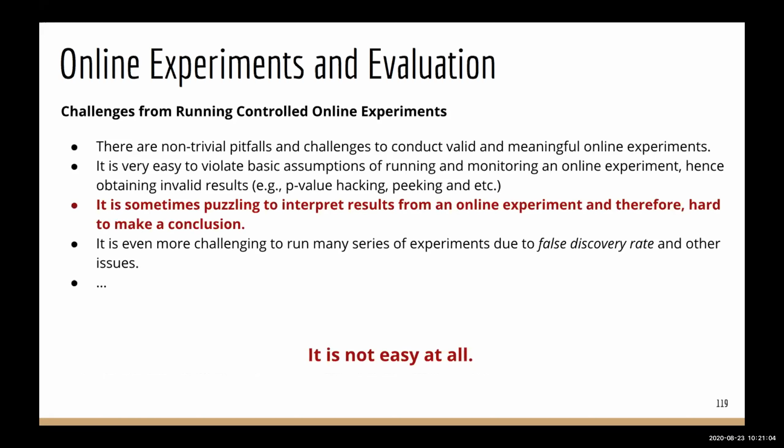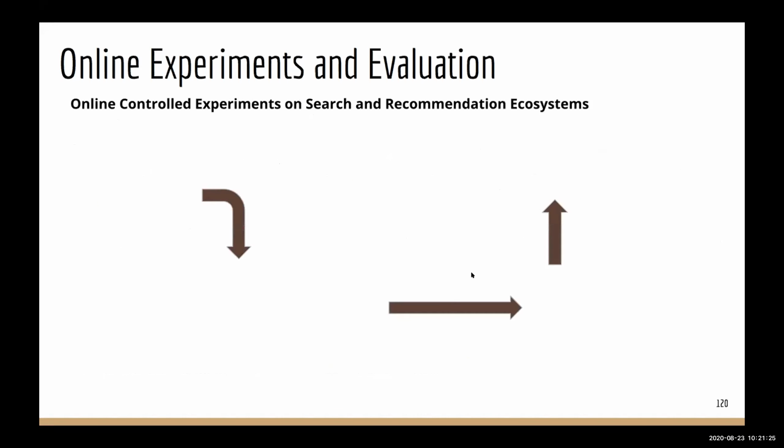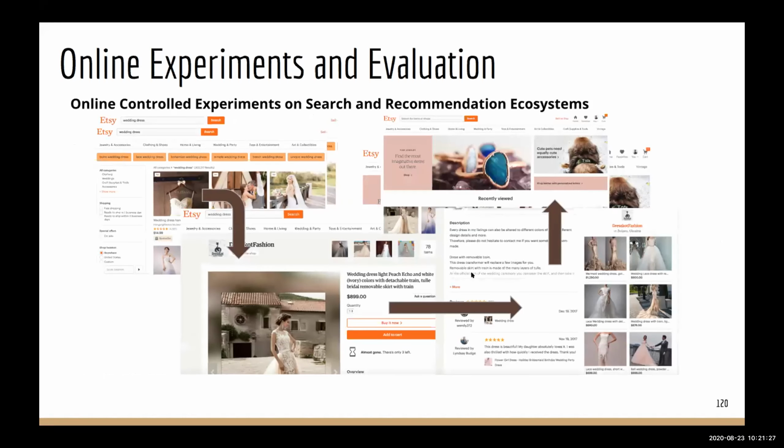So here, I want to show you some of the tools regarding interpreting puzzling results from online experiments. Because remember the manual procedure, you should be able to conclude whether the metric is improving and so forth. That part is sometimes not straightforward. So the example I'm going to use is from Etsy, this e-commerce platform,